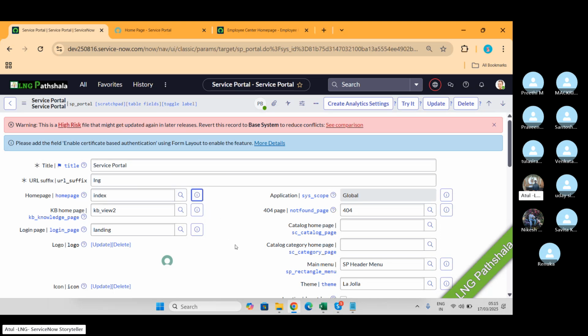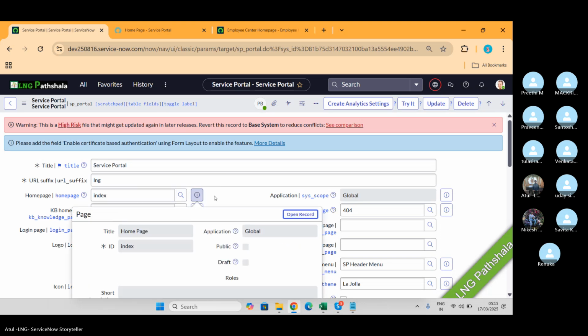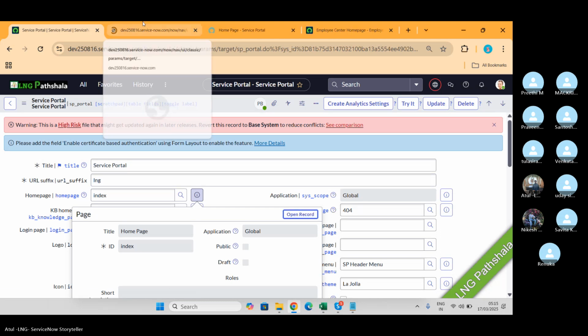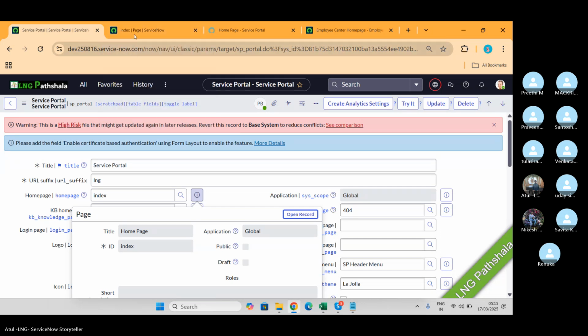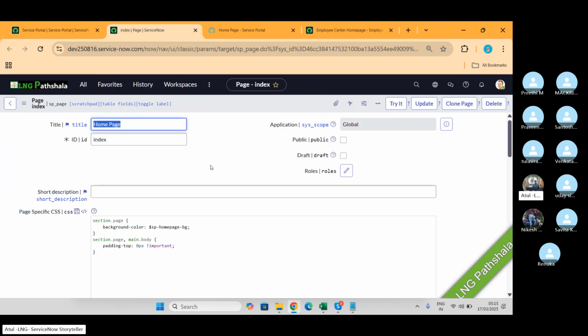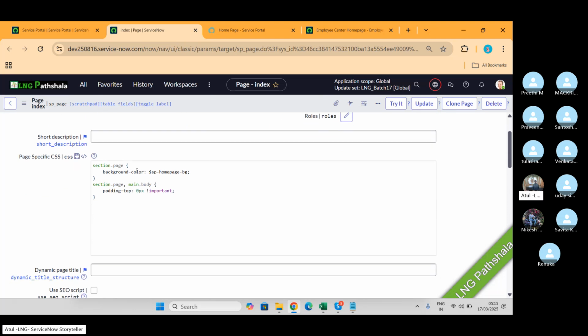Click on this and open this record. And now on this page we have HTML code. So these all are the pages.